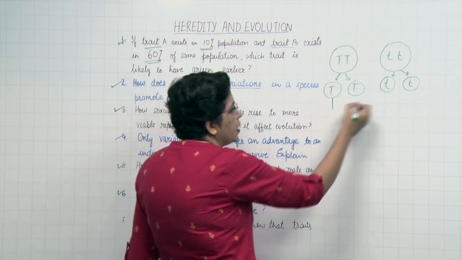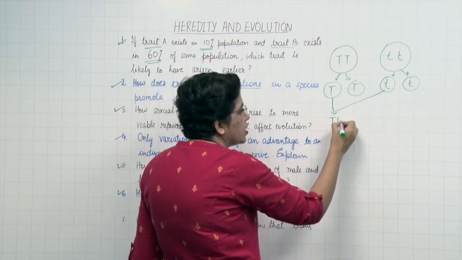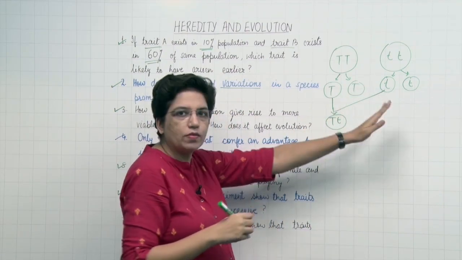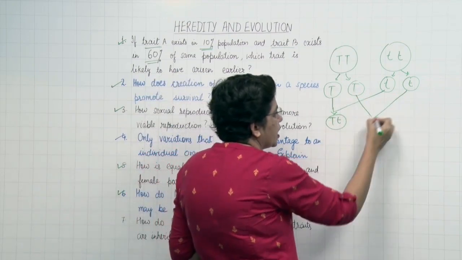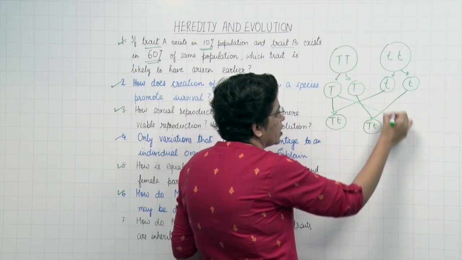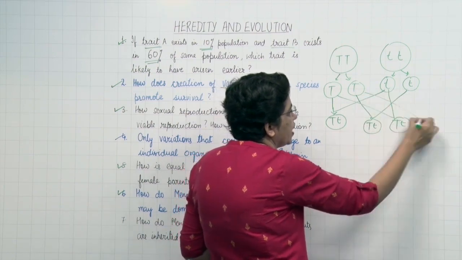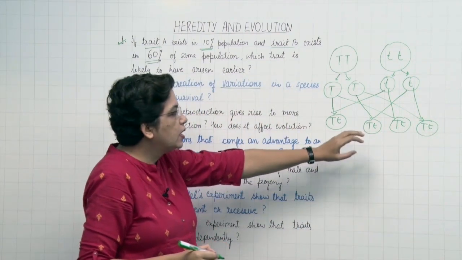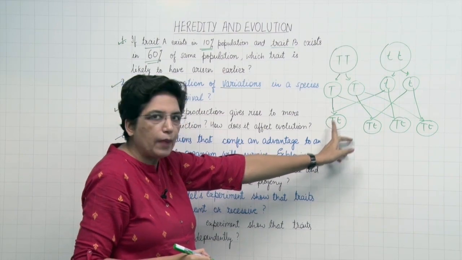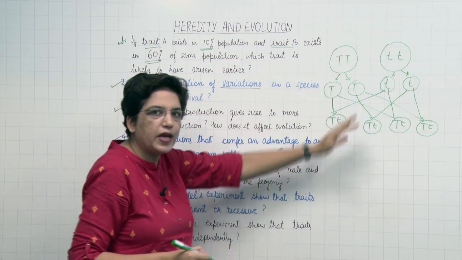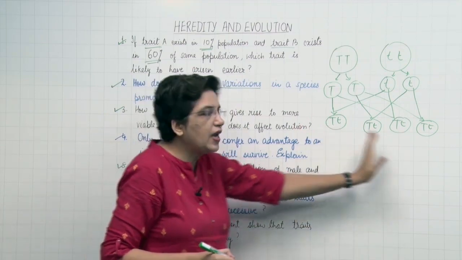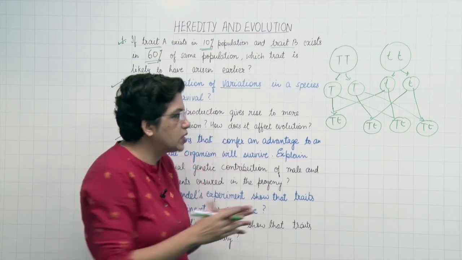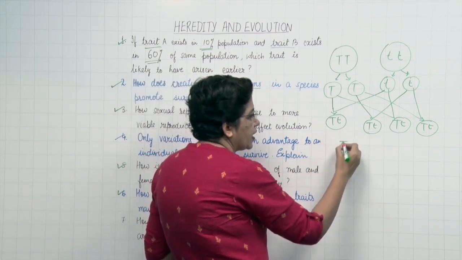Why? How does it happen? If you cross breed them, it will be one capital T and one small t from each parent. Then this also can lead to all types of combination. If you make them, what you will notice is all of them have similar kind of chromosomes containing one capital T, one small t, one from the male parent, another from the female parent. So during the F1 generation, all the plants were tall. In the second step, what was done is that these plants were taken as the parents.